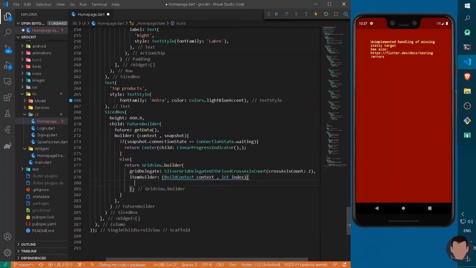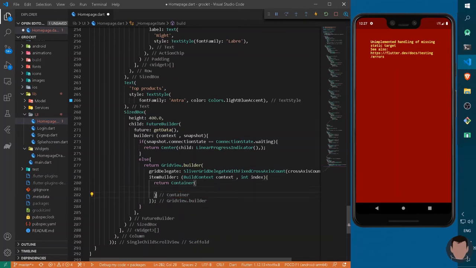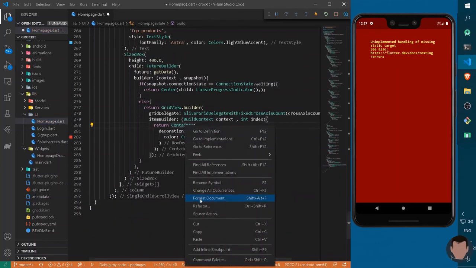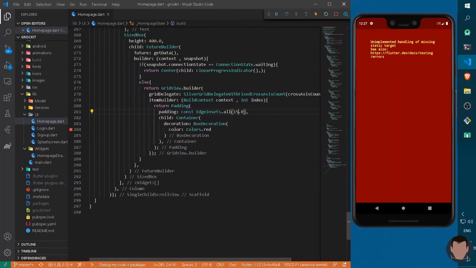Now here, taking this builder, we can just return a Container. Let's say the container will have a decoration or BoxDecoration. It will have a color from Colors.red and also some padding from everywhere so that it will be distinctive. So I can write a padding of 15, and similarly we can have a text.